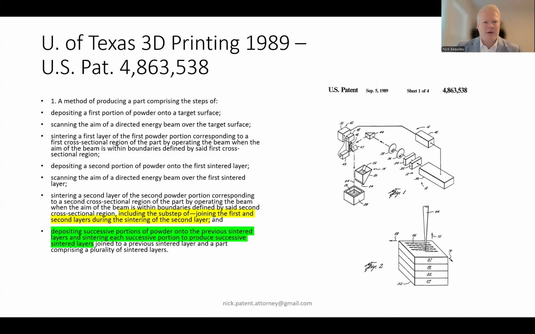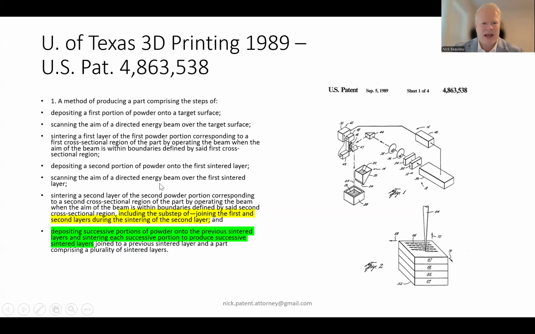And then my last example is the University of Texas 3D printing patent. So we'll go through this. It says a method of producing a part comprising the steps of depositing a first portion of powder onto a target surface, scanning the aim of a directed energy beam over the target surface, centering a first layer of the first powder portion corresponding to the first cross-sectional region of the part by operating the beam when the aim of the beam is within boundaries defined by said first cross-sectional region, depositing a second portion of powder onto the first centered layer,